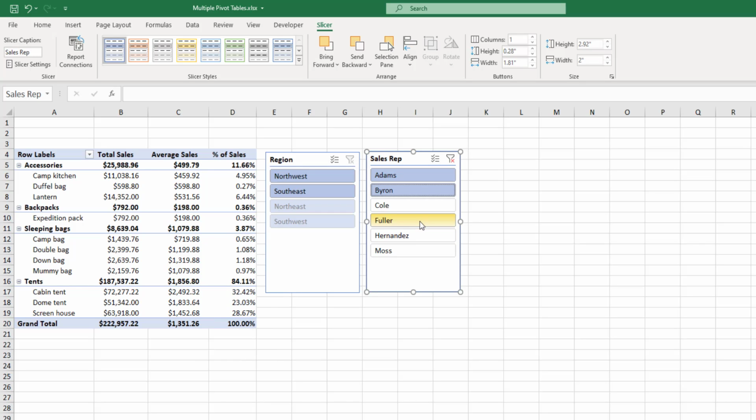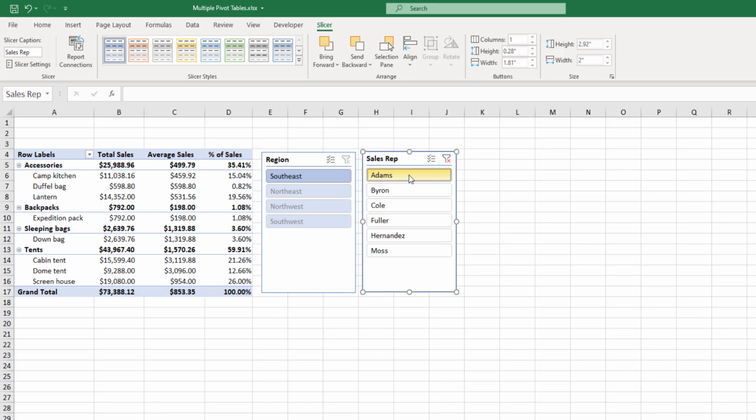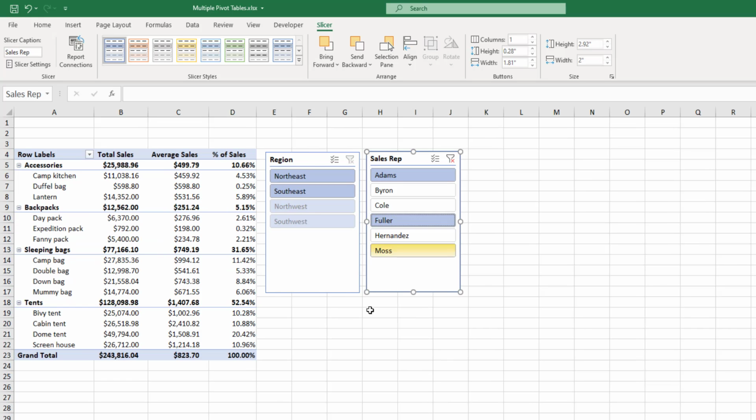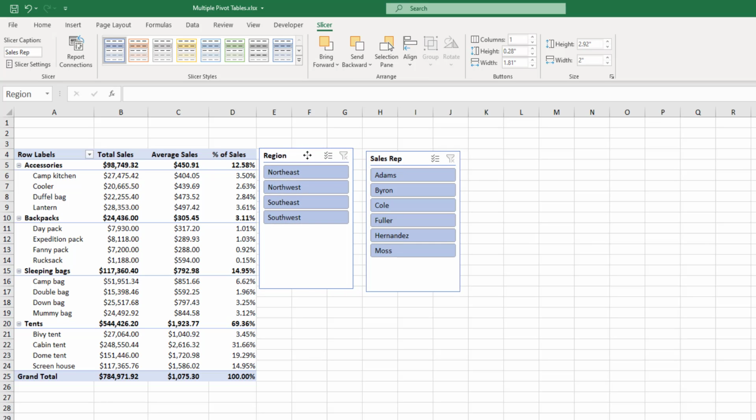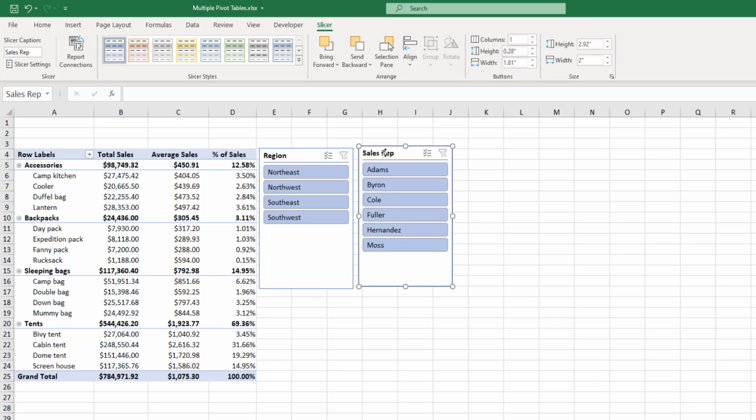It's also possible for me to use the slicers to select names that are not next to each other. I can click on Adams and press the Control key and click on Fuller. And so that gives me the flexibility to do that. If I want to clear the filter, I'll just click on this funnel. So that's pretty good. Much better way to filter the table. If I'm sending this report to somebody, I'll make sure that these slicer tools are here. It makes it much easier for someone to filter the report without having to go through checkboxes and being confused